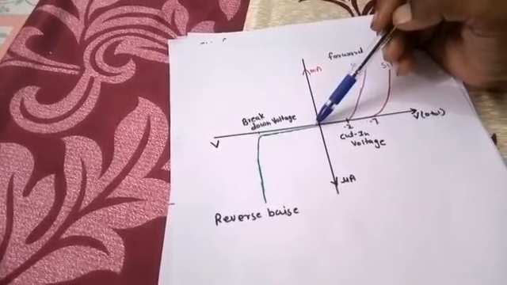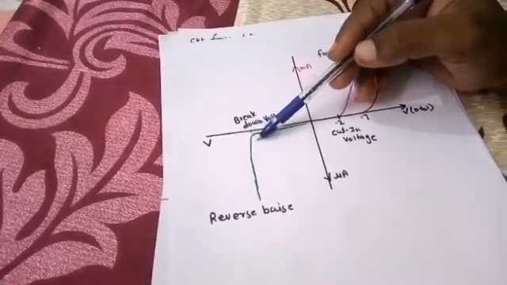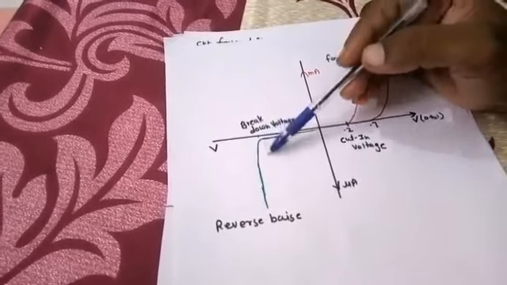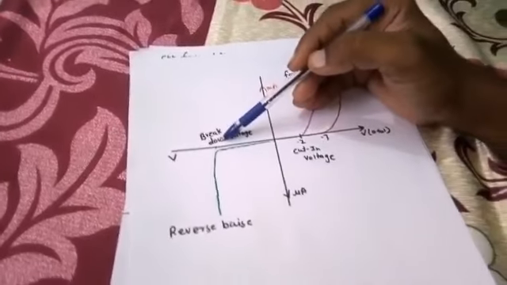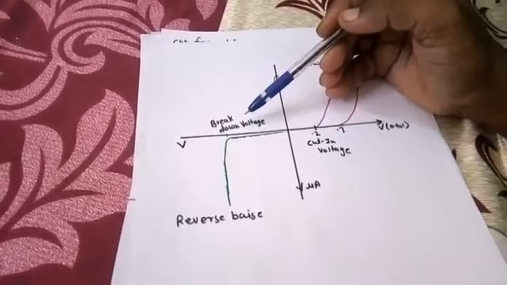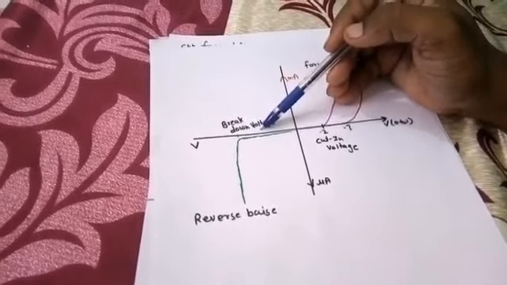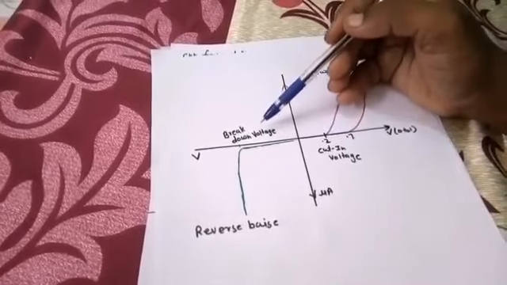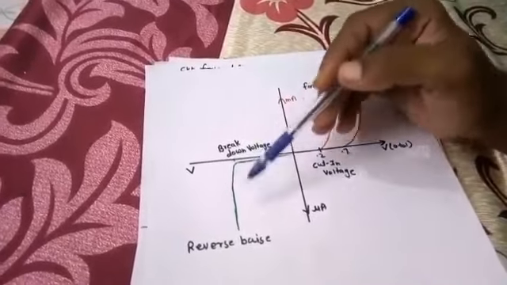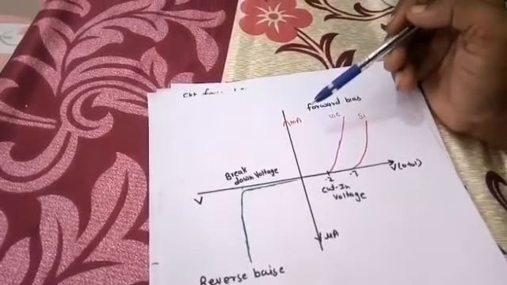Then you can see that a small current flows in microamperes, but after the breakdown voltage, the current starts to flow rapidly. There are two types of breakdown: the Zener breakdown and the avalanche breakdown. So the conclusion is that we will take different values in the forward condition and the breakdown voltage of the PN junction diode, and we will complete this experiment.